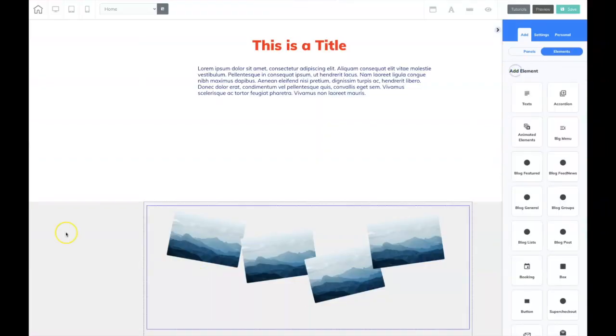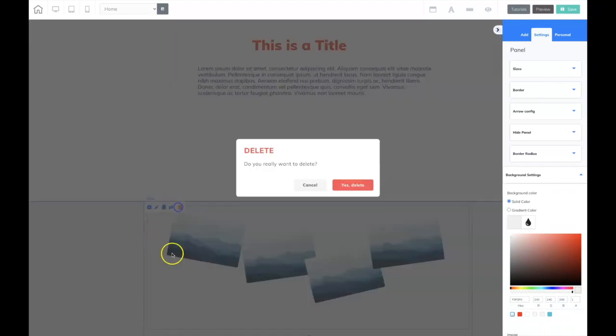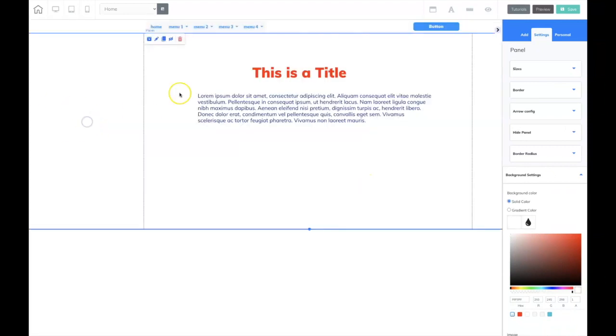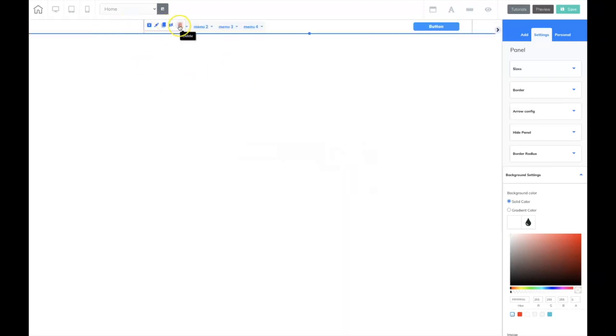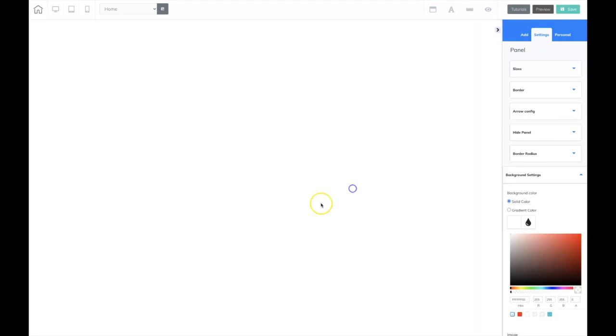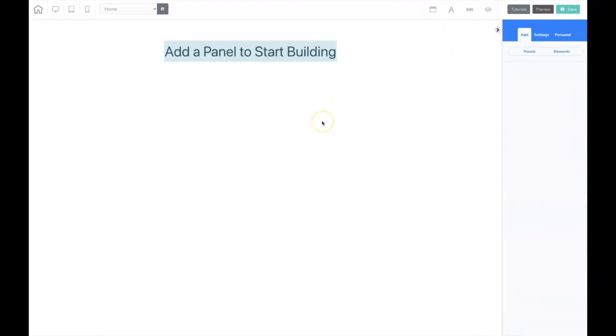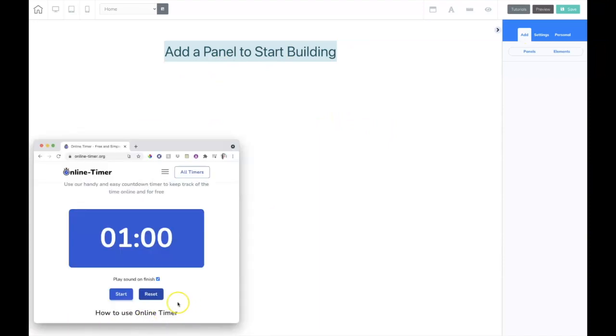All right, guys and gals, well, that is it for the panels and the elements. And I also showed you how to add things to the personal when I showed you that example with the text. Now what I'm going to do is get rid of all of this, and I'm going to show you how you can literally build the framework for a website in just a few clicks. Now, of course, this is not going to be your done website, but this is the framework. Okay, so let's set a timer. Let's have a little fun. So let me go ahead and click on start,